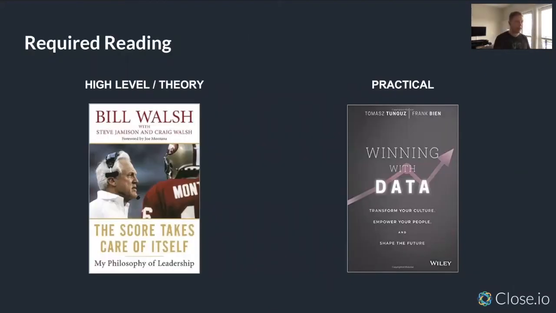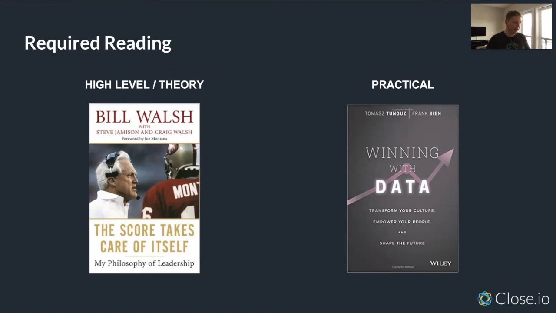Okay, so that's pretty much it. 2 books I'm going to recommend. First one is sort of high level reading. This is one of my favorite books by Bill Walsh. He's a Hall of Fame coach, who was the coach of the San Francisco 49ers. This book basically covers how to manage a process, how to work a whole team of people towards a goal, and has the philosophy, like the book title, The Score Takes Care of Itself: if you do all the things to precision, all the preparation and all the process-driven work, the score will take care of itself. Basically, you will hit the result. So this book is great for really inspiring that at a high level, sort of thinking of the theory of these things.